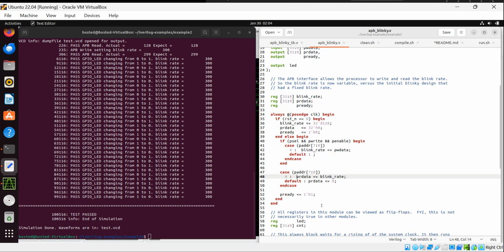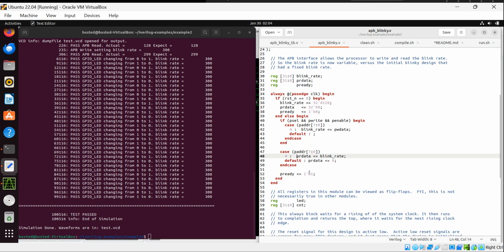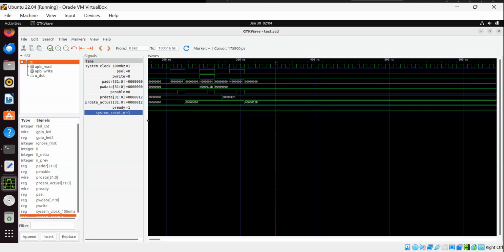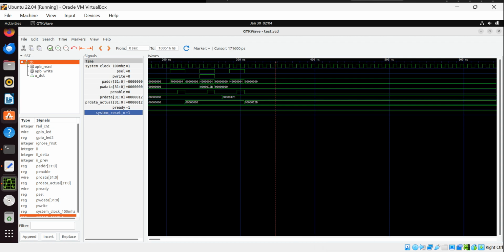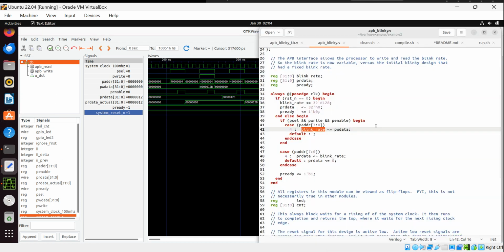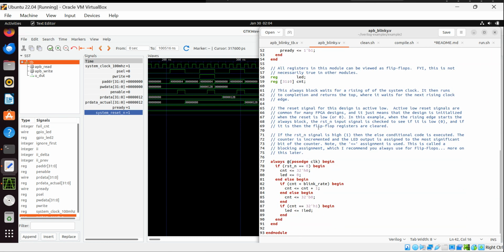And then we've got the ready signal. Whenever we do write into it, we update the blink rate here, boom, because we finally had a write. We write this guy, we write it to 12B. Where'd the code go? So we update this blink rate, and then if we fall down into the other code that we had from previously,